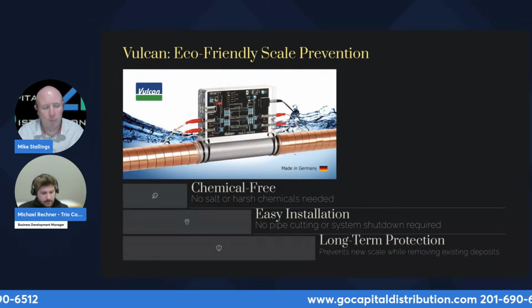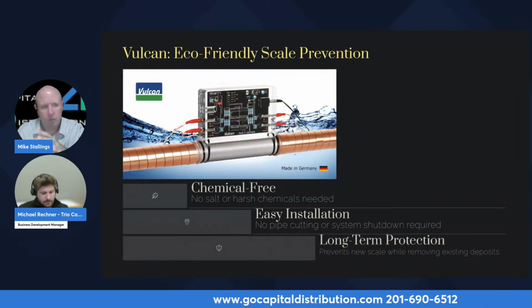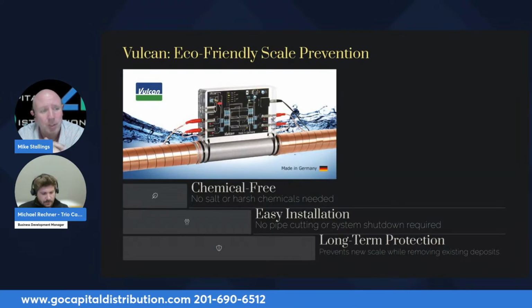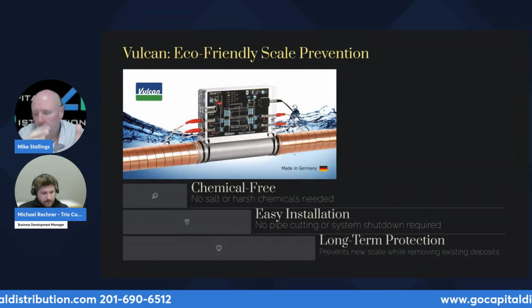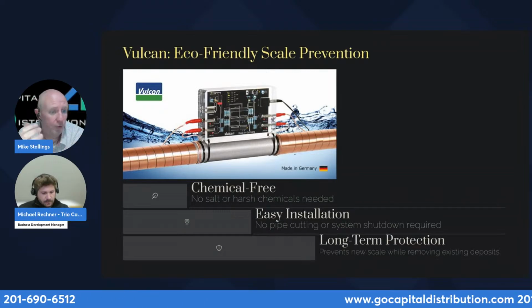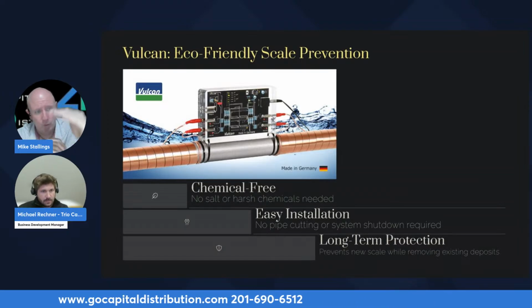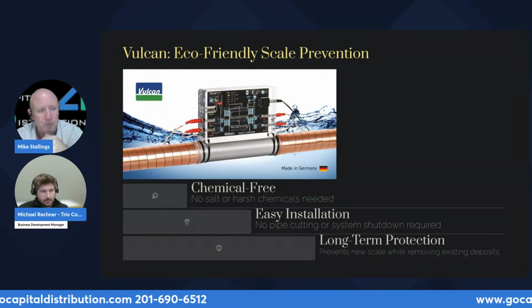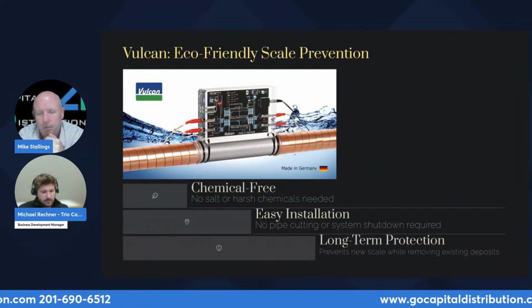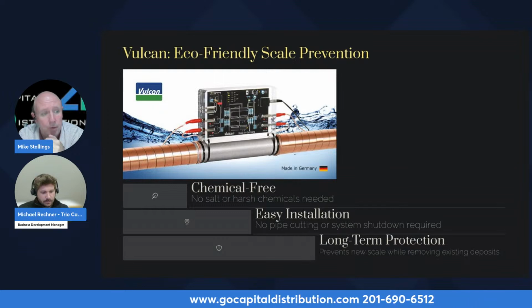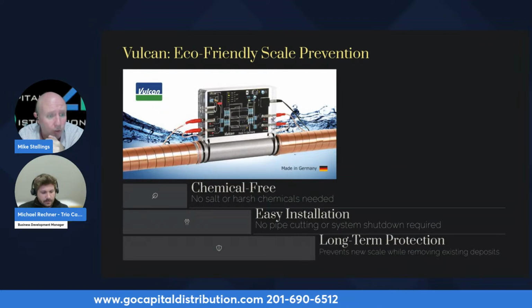He put the Vulcan in before the water hit the water softener. Okay, and then he filled it up with salt like he normally does. He waited 2 weeks. He went to check the salt, figuring he'd have to fill it up again. He said it was less than 10% empty. So in 2 weeks, he went from using a full thing of salt to using about 10% of his salt. And again, to answer the question, a lot of folks do that because the cost of salt alone can be pretty immense.